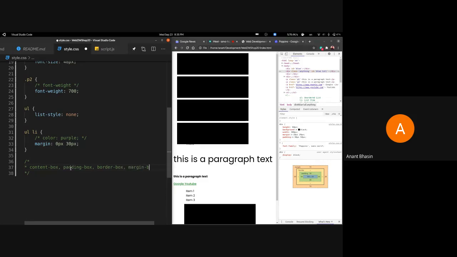We can call it a margin box, but this one is not actually like a box itself. The content box is the 300 by 60, so it's just the div itself. The div itself, without anything else, would have taken this much space. That is 300 by 60. That is the content of the div.